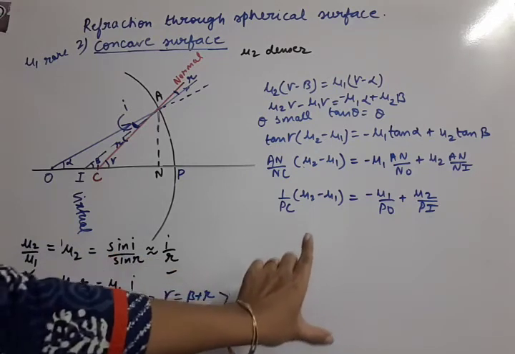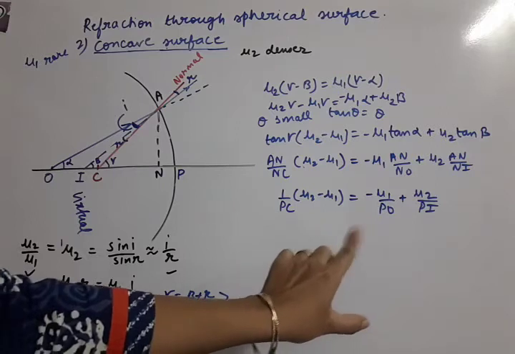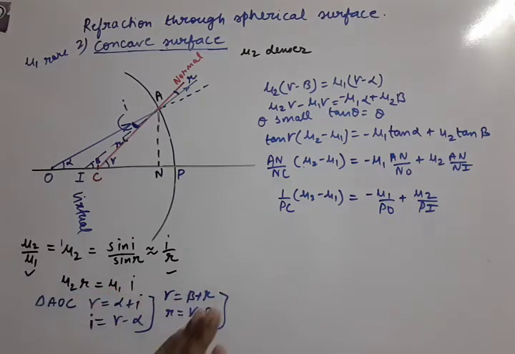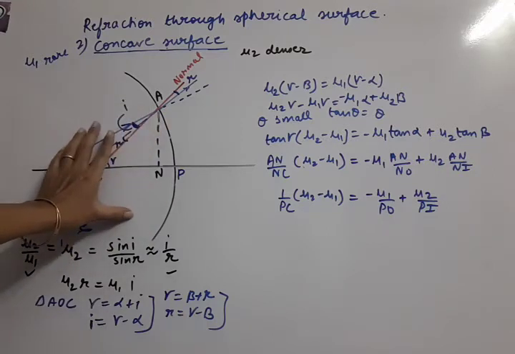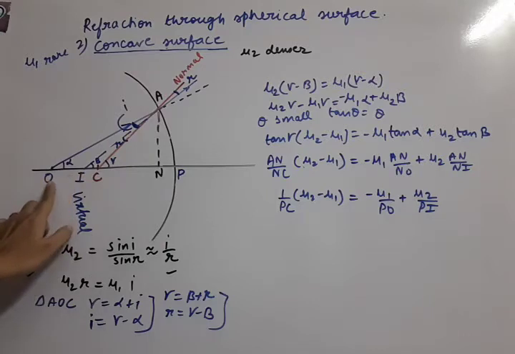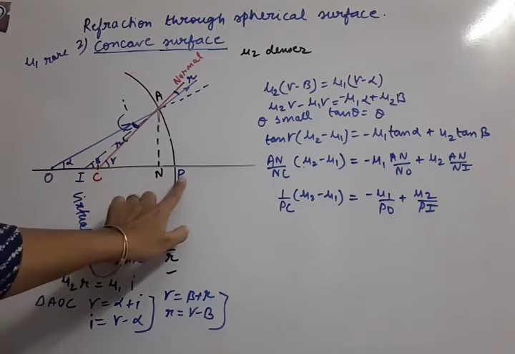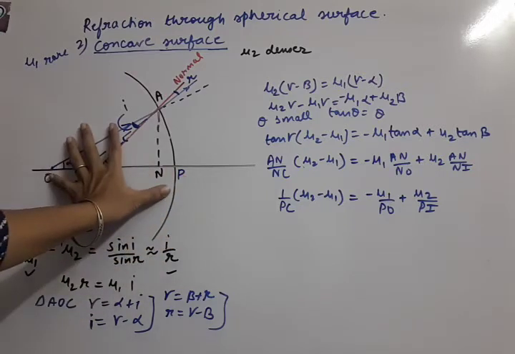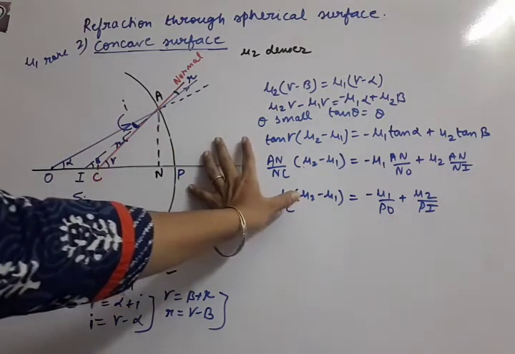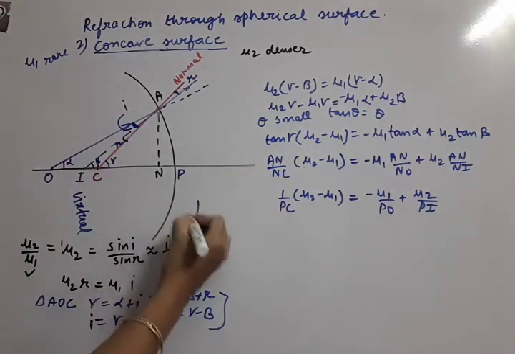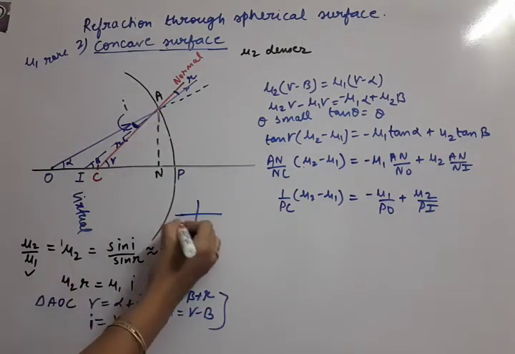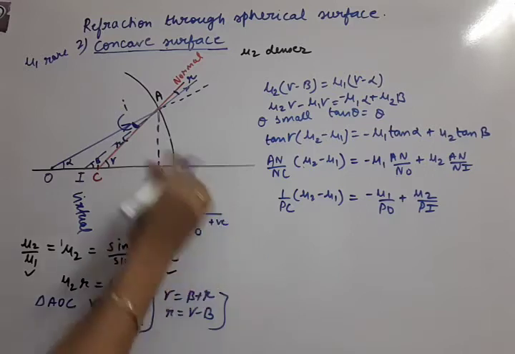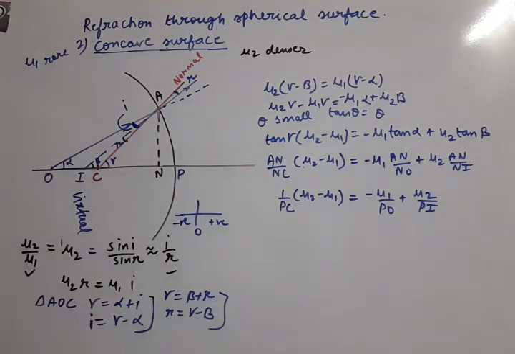Now we can take the sign conventions and we can replace all PO, PI, PC. So sign convention says that on whichever side the object is, all distances are negative. Since the object is on this side, pole is 0, this side distances are negative, this side distances are positive. Okay, we can show it this way. Pole is 0 of the surface, this side negative distances, and this side, right side of the pole, positive distances.